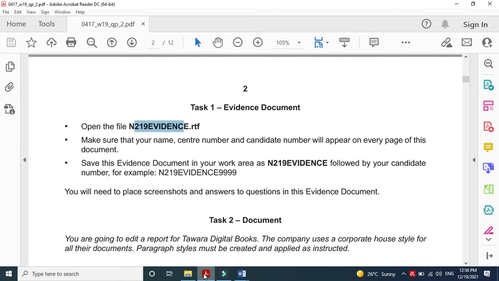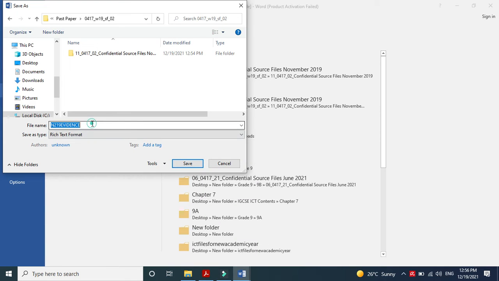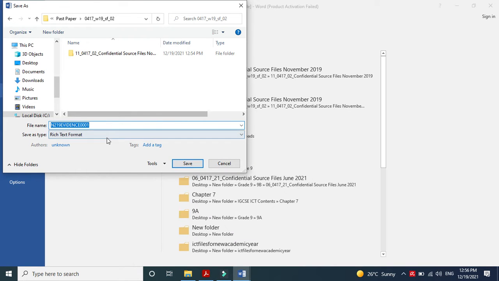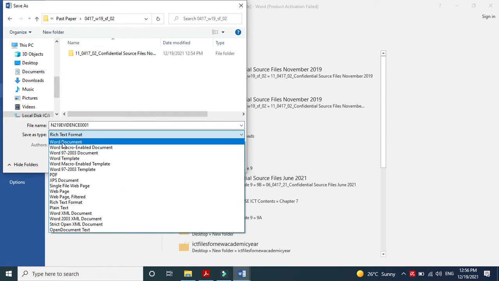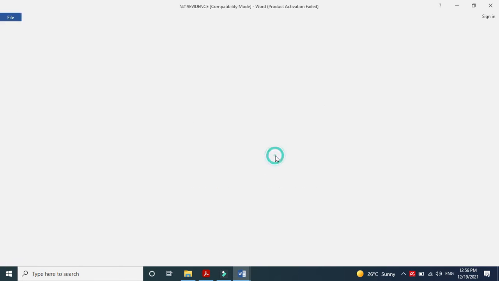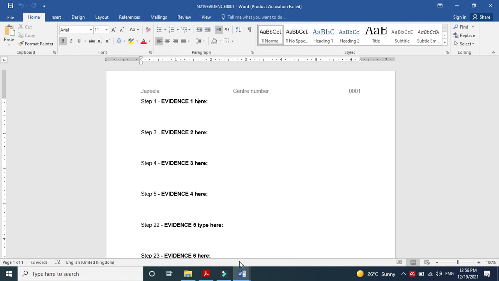N219 evidence followed by the candidate number. So give the candidate number, and we have to save it as a word process document because we are using this evidence document in Microsoft Word, and the file which they have provided is rich text format, so we must change this to Word document and then save. Click OK. So the word processed document is saved,